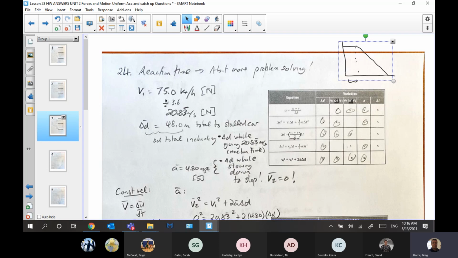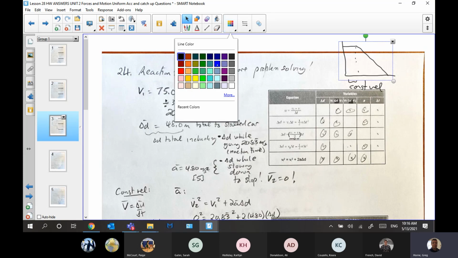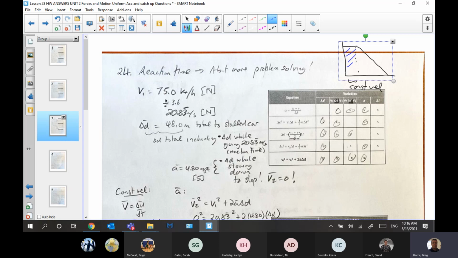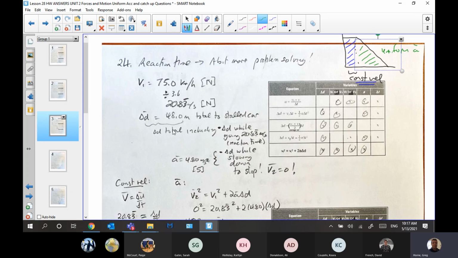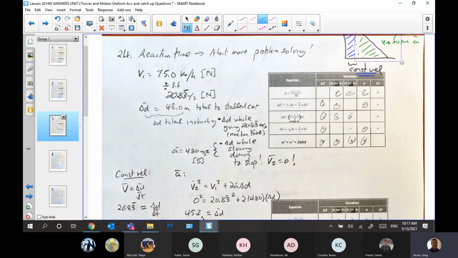And so you're going to have to think of a calculation to do with this section here, which will be constant velocity, that section. Let's go, blue for the constant velocity section. And then of course you've got a uniform acceleration kind of calculation for that section while you're slowing down. So what did I put here? Just gave the information they gave. Initial velocity, it's a total of 48 meters to the stalled car. So I put,